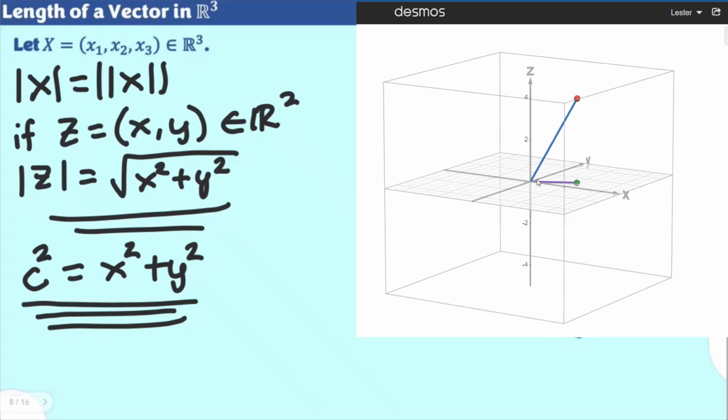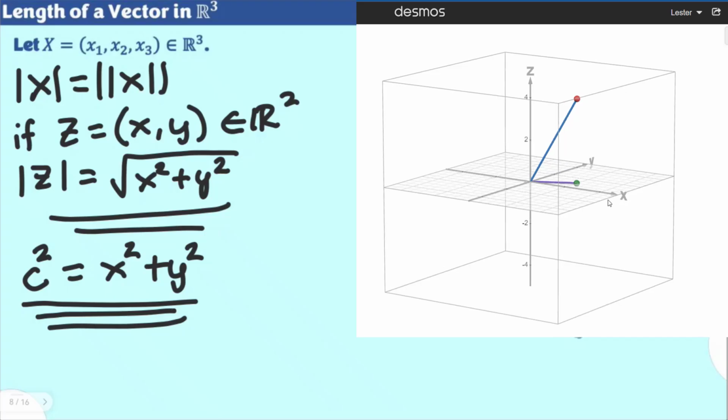Again, this was C. The purple colored line segment was C, and we're trying to solve for this blue colored line segment, the length of the original vector at this red point here. Now, if you look at this perspective, considering that we are now involving the Z plane, we could see that if you draw a line from these two points here, allow me to draw that line. Alright, we could see that this gray colored line,